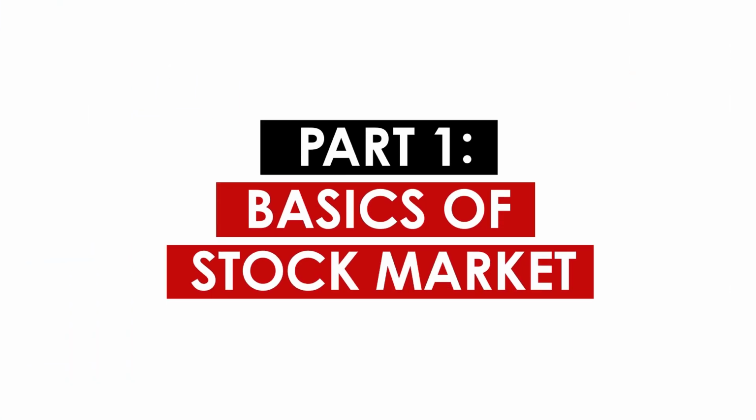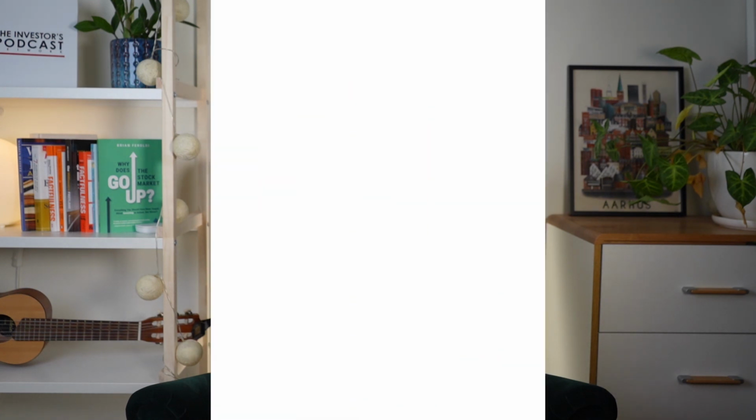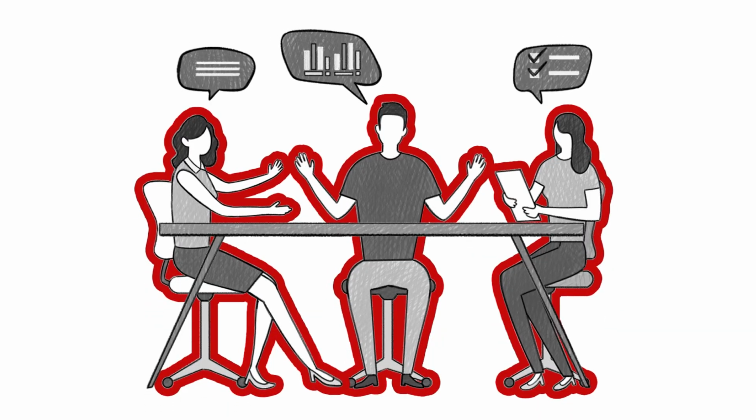Part 1. Basics of stock market. What is a corporation? A corporation is a legal entity that is separate from its owners. Corporations are owned by shareholders. The shareholders have a legal claim on the corporation's assets and profits, but are not personally liable for the company's